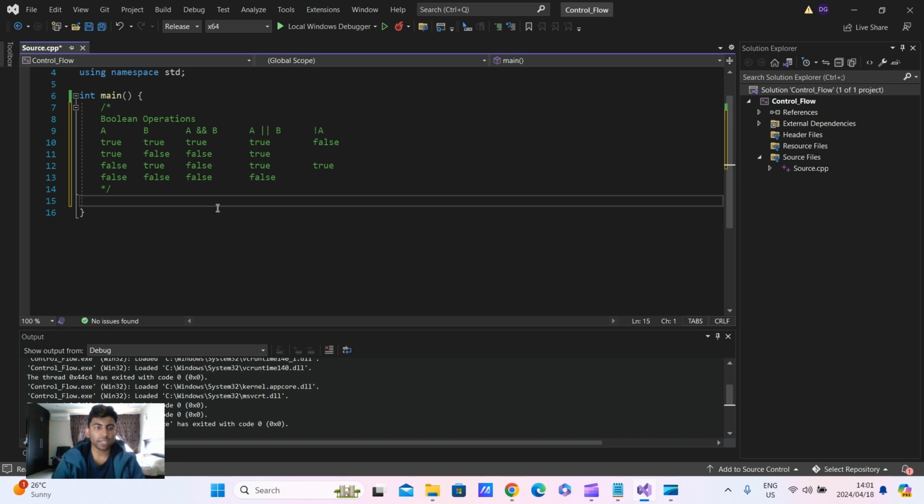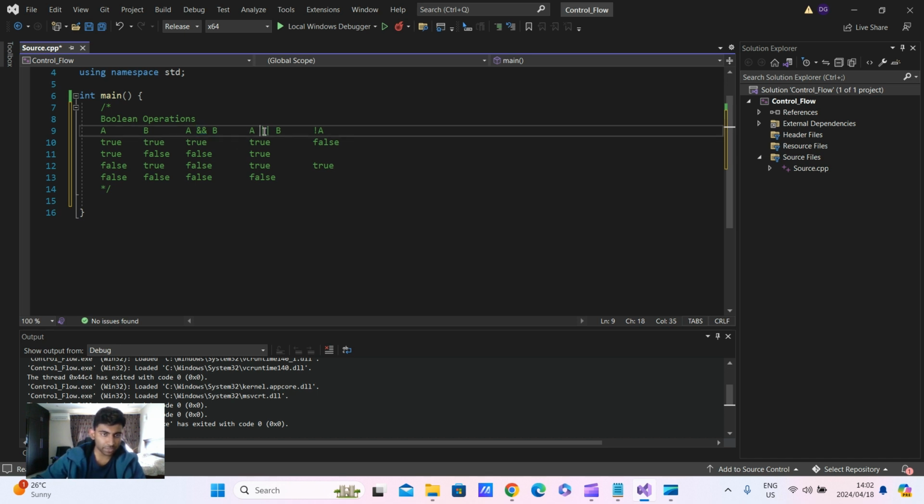Right. So now I want to discuss Boolean operators. What are Boolean operators? Operators that basically have a true or false value. So over here, we have an example layout of how the Boolean structure works. This double ampersand symbol is basically another way of saying and. And then we have two pipe symbols here, which means or. And then we have an exclamation mark next to a variable, which means not. So that basically changes or negates